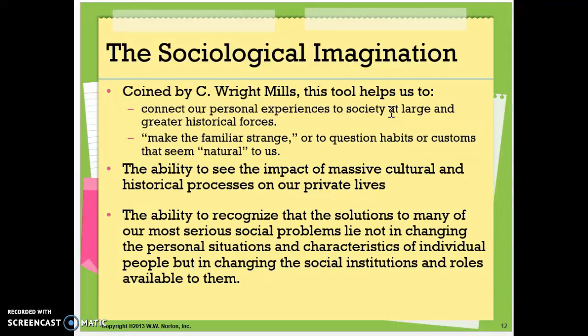The sociological imagination is, in short, the way that we view the social world through a sociological lens, or how sociologists view the world. So the sociologist C. Wright Mills made a distinction between what he called personal troubles and public issues. Personal troubles are matters involving a person's character and his or her relations with others. So personal troubles typically can be resolved in local environments.